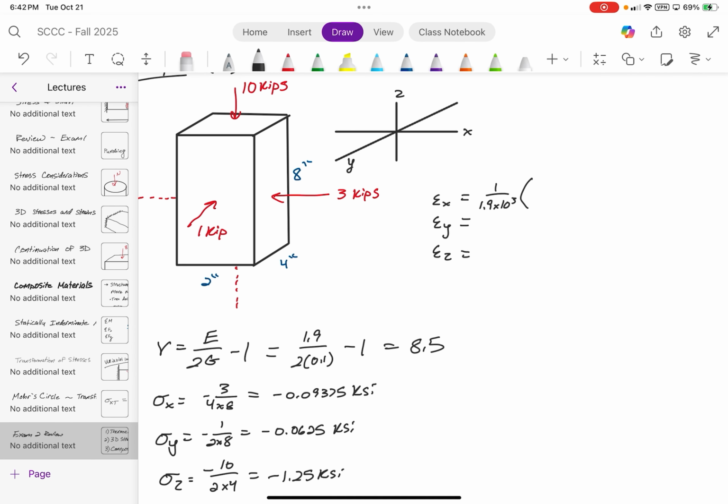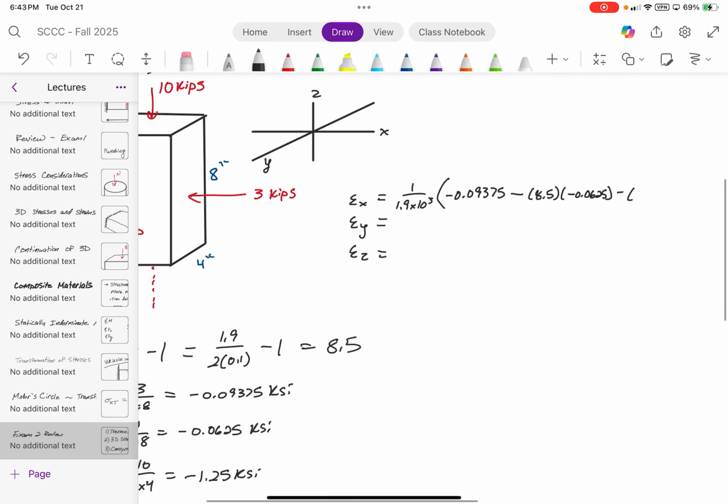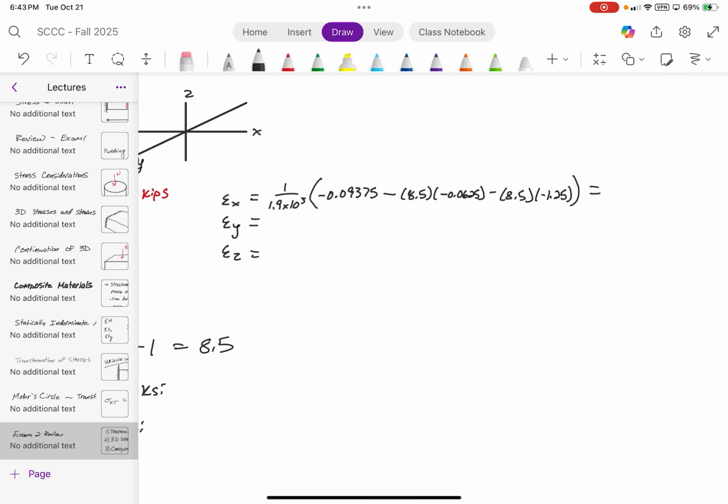It's not going to be too bad because the lateral strains are actually really small. So epsilon x is going to equal negative 0.09375 minus 8.5 times epsilon y, negative 0.0625, minus 8.5 times negative 1.25, which will give you